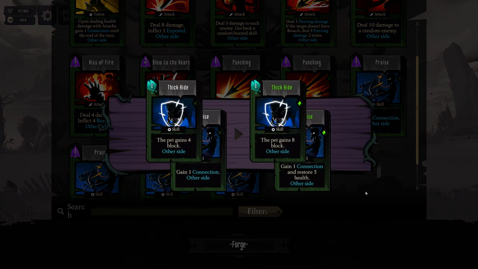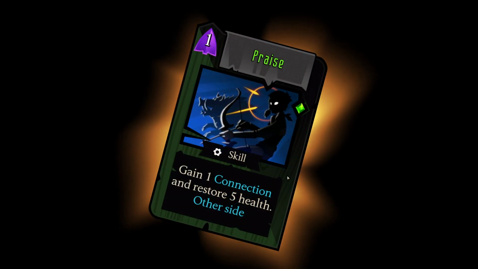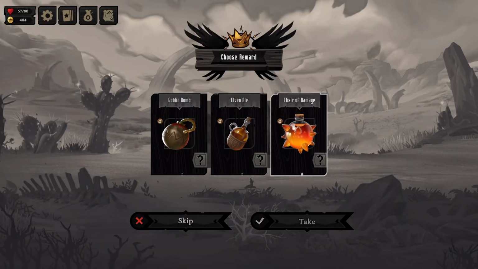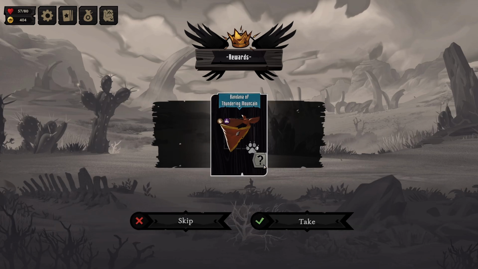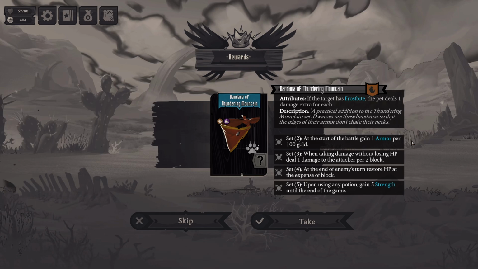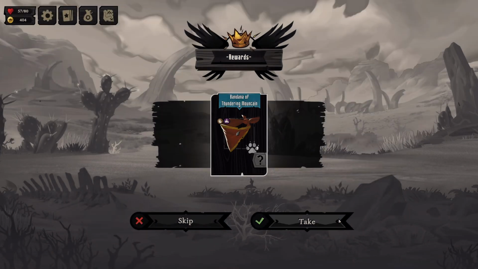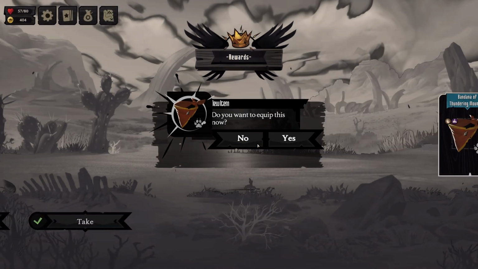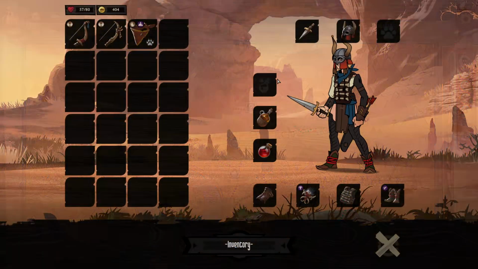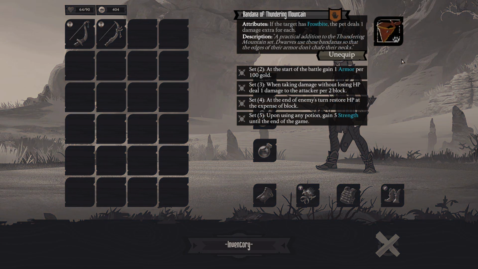Maybe one of these. If I'm going to play reckless with my HP, getting like one of these wouldn't be a bad idea. And of course, oh, there's the Elven Ale I spent. Bandana of the Thorny Mountain. If the target has frostbite, the pet deals 1 damage extra for each. Ooh, that'd be really good. Unfortunately, I don't really have a good way to apply frostbite. So the bandanas, I'm pretty sure... Yeah, so if you want a bandana...